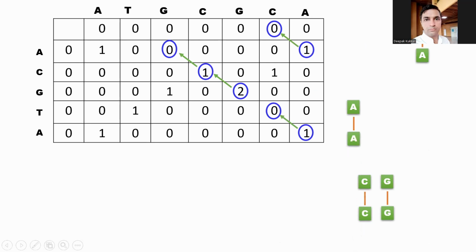In addition to the small matching, that is A matching with A, and here again A matching with A, you can clearly see T is matching with T, and A is also matching with A at the left corner as shown in this box. So this small example clearly explains how we perform local sequence alignment